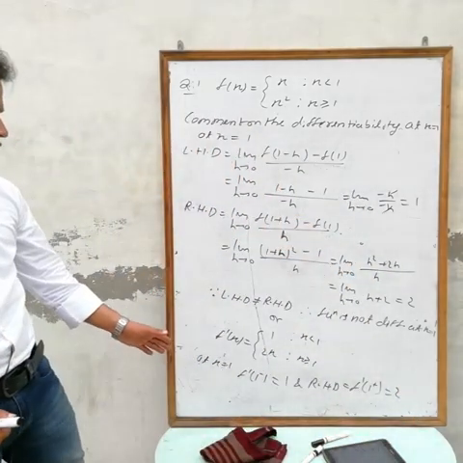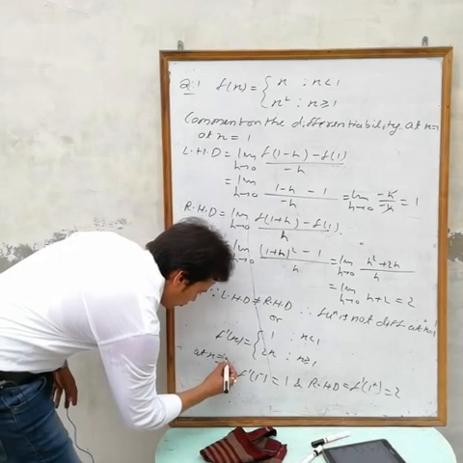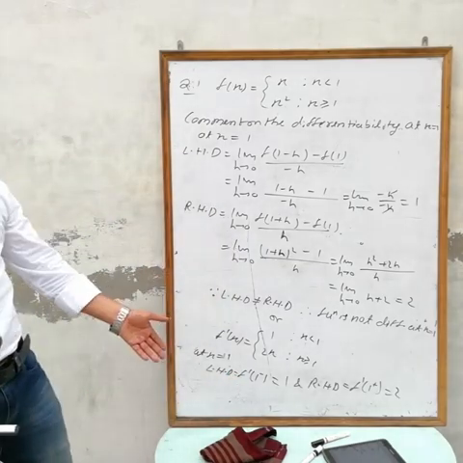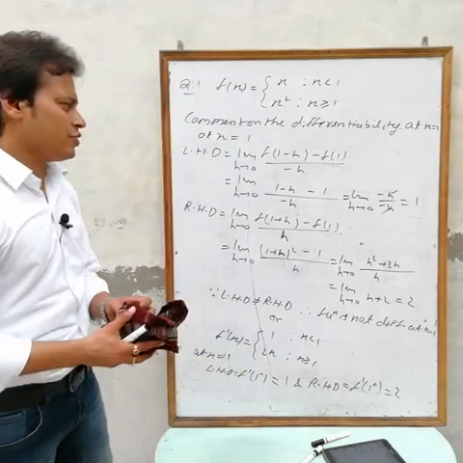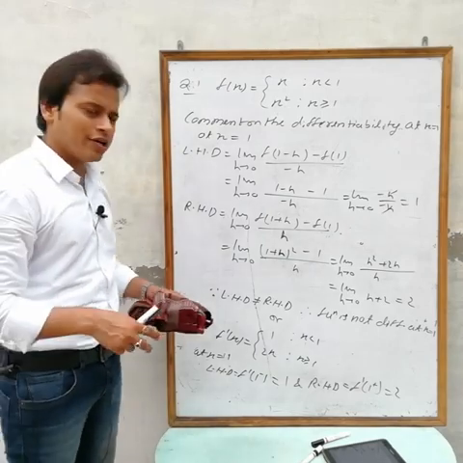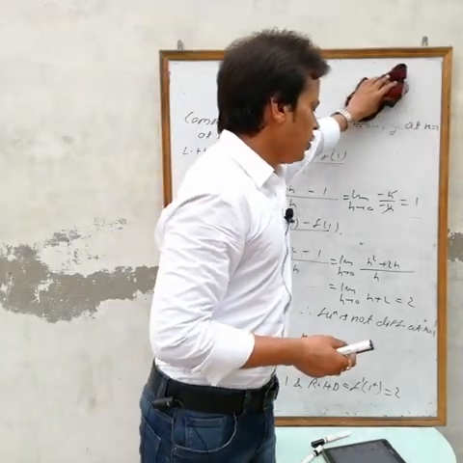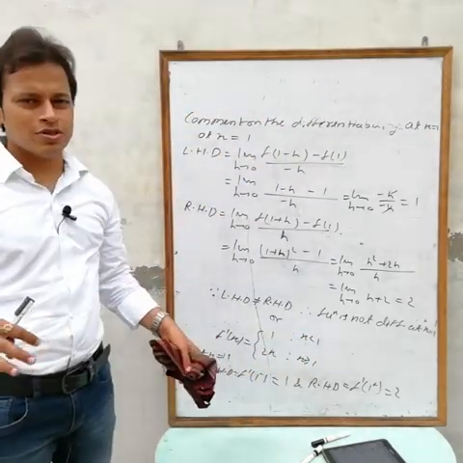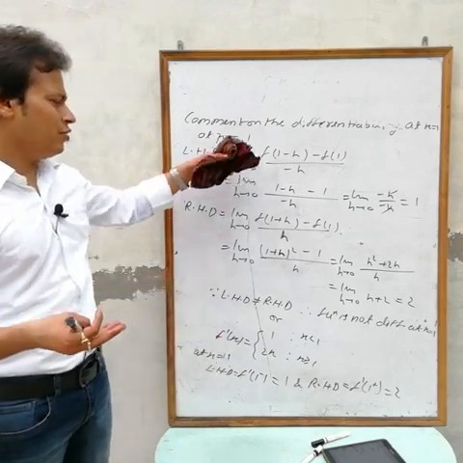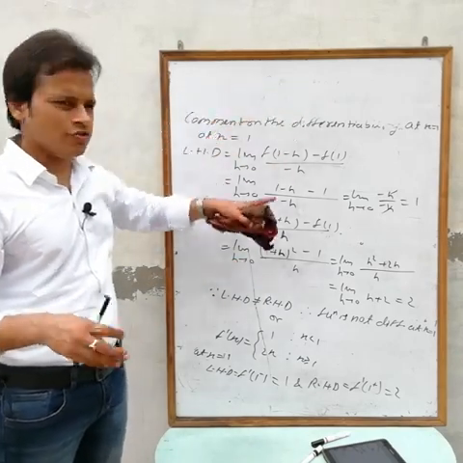Now see, LSD is not equal to RSD at x equals 1. So also easily you can say that this function is not differentiable at x equals 1. Okay, if from both you are getting 2, then differentiable. If from both you are getting 1, then also differentiable, but not at this time. Okay, use this for rough work, but you can't always use it. In some questions we can't differentiate, like fractional part, greatest integer. In that case you have only one method. If you can differentiate both options, then you can use this one.